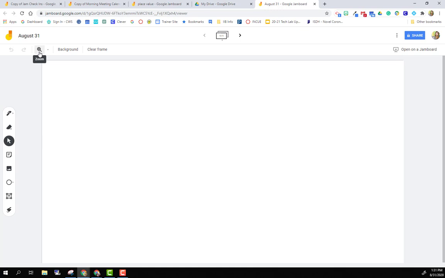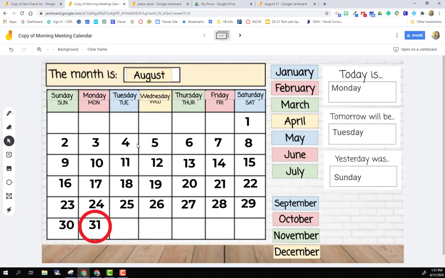I can zoom in as well. The Jamboard really can't be resized at all. This is the space that you get. So if you need to zoom in, you're able to do that here. I can add some backgrounds. I cannot add my own background, but as you may have seen from some of these other options, like this morning meeting check-in, there is what appears to be a background here,